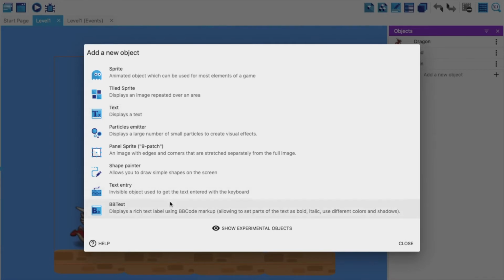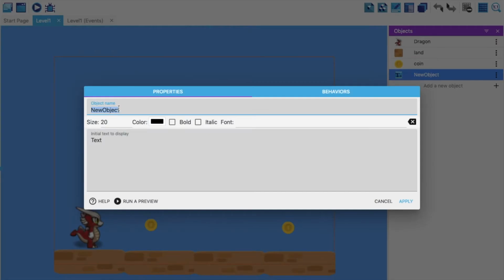Text entry is what you use when you want your players to enter some text, and you use the other when you want to display some kind of text. So in this case I want to display the text, that means the score, and not take user entry, so I'm going to use this one. It's called displays a text. As soon as you take it, you can give some name to this object like any other sprite or any other object. I'm going to just name it scoreboard.